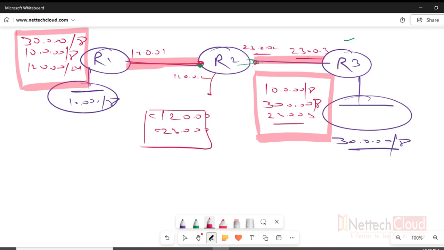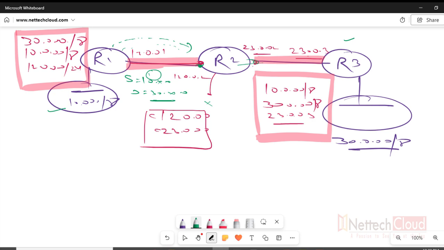But routing is hop by hop. So if R1 sends a packet to R2 sourcing any IP from the 10 network, with destination in the 30 network, what happens when the packet reaches R2? R2 will perform a routing table lookup. Do I have a route for the 30 network? Unfortunately not, so there is no routing further. Either R2 will send an ICMP unreachable message, or maybe the packet will be silently dropped here.